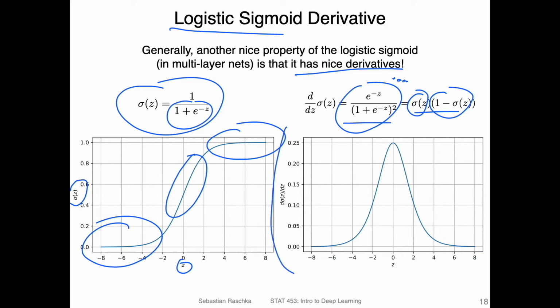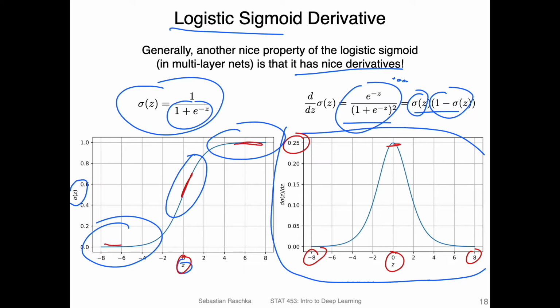In the right lower side here, I have the derivative of this logistic sigmoid function. And you can see, as with our intuition here, this part where z is 0, that's where the gradient is the highest, or the partial derivative is the highest. You can see the partial derivative is 0.25, the largest value. And then for very negative and very positive inputs, the derivative goes down to 0. You can see that here where it's also very flat, right? So this is how the logistic sigmoid derivative looks.